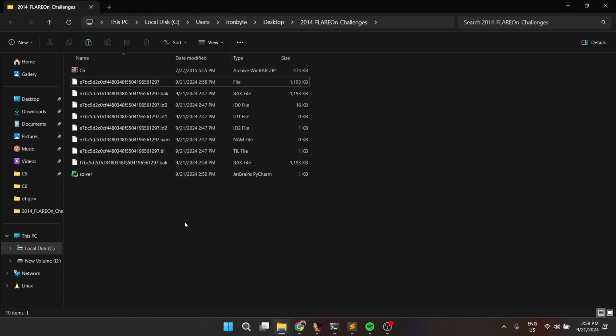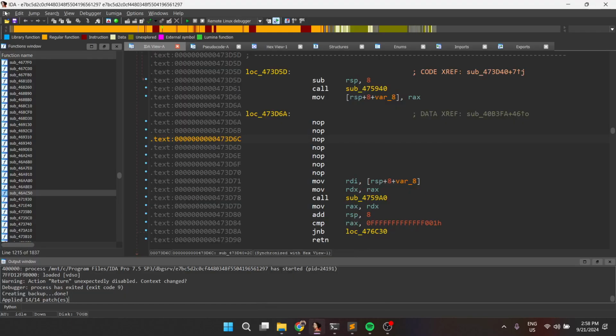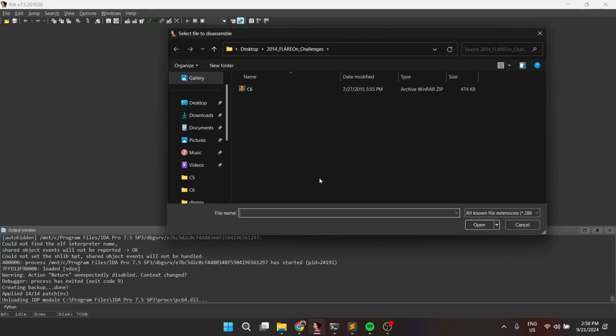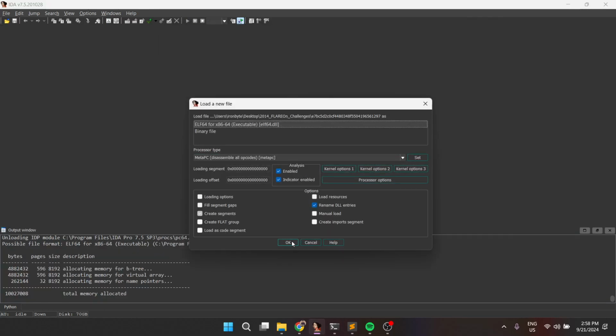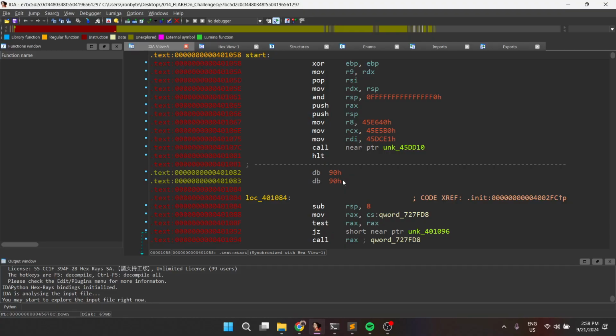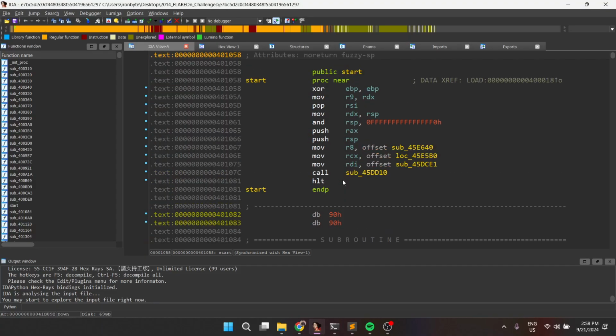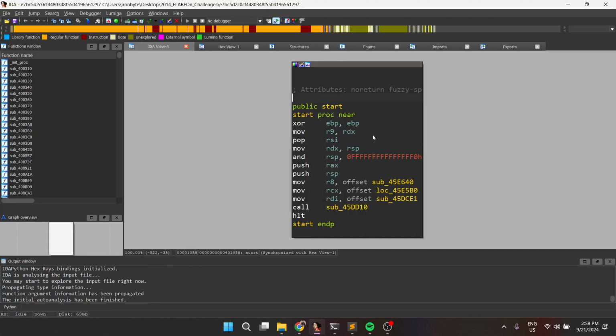What else? We also have to load the new binary that we will be working on. I'm not going to save that to the database, and I'm going to be loading the new binary. Let it take some time to load the binary again, the new patched binary actually. Now the next thing that we will be doing is that we have to keep on stepping inside